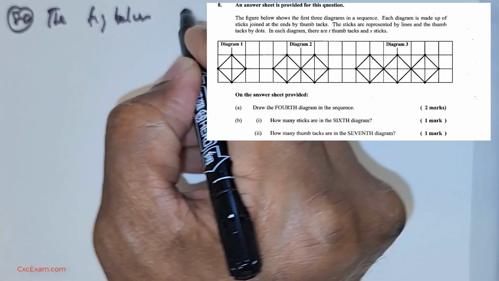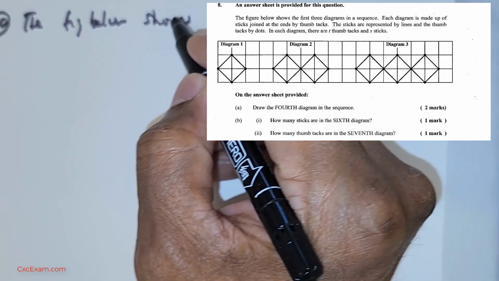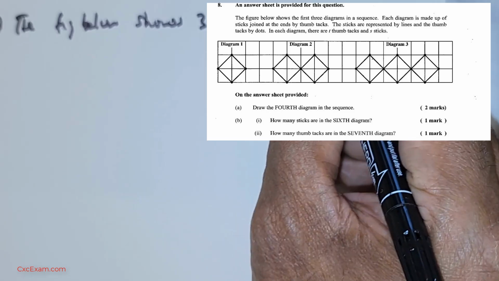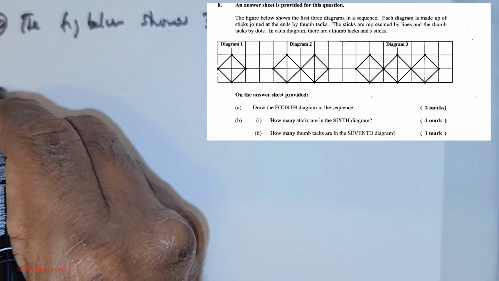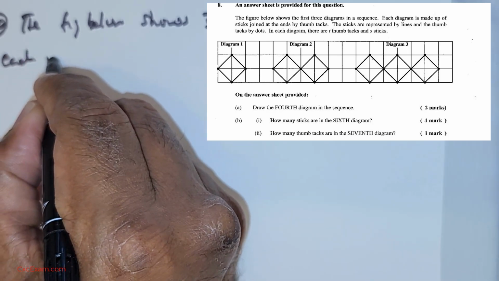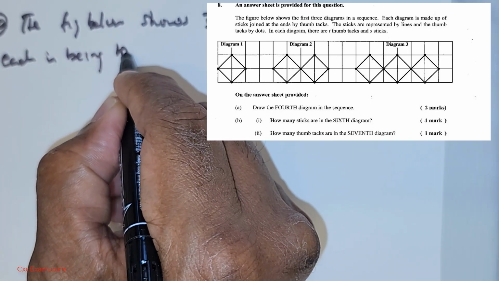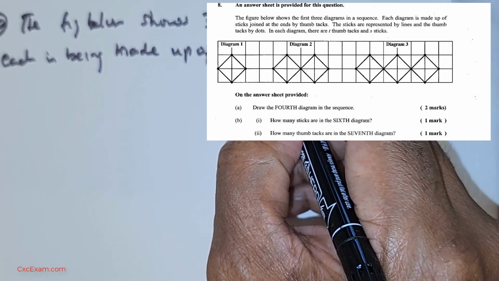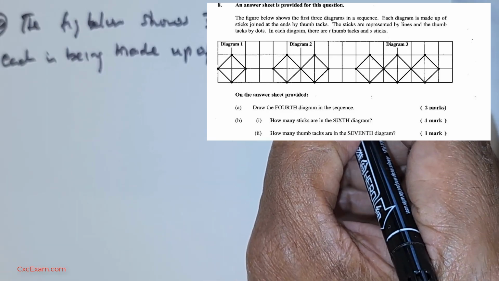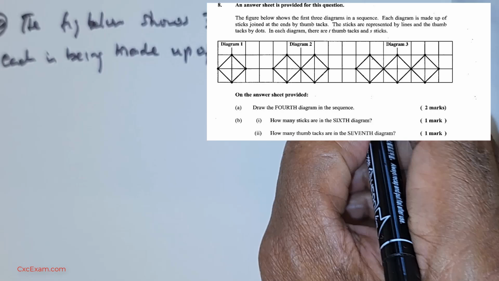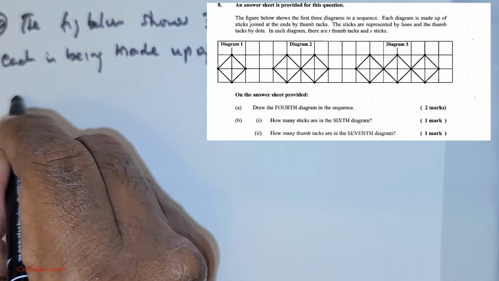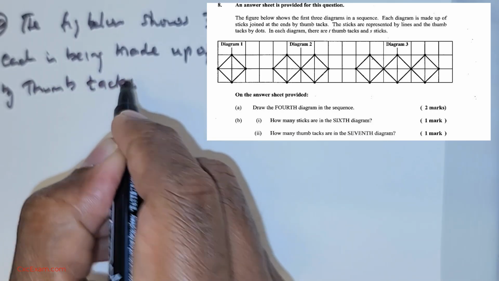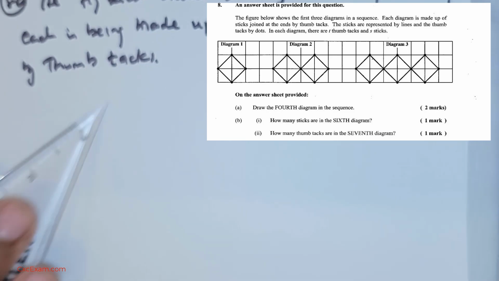The figure below shows 3 diagrams in sequence. Each is being made up of sticks joined at the end by thumbtacks. Okay, so that is the question,